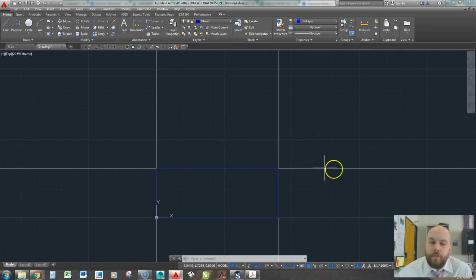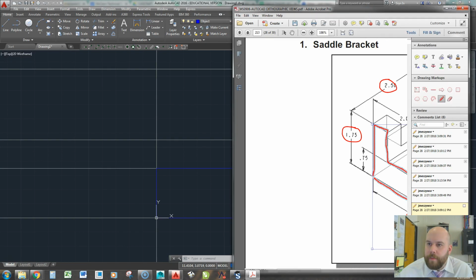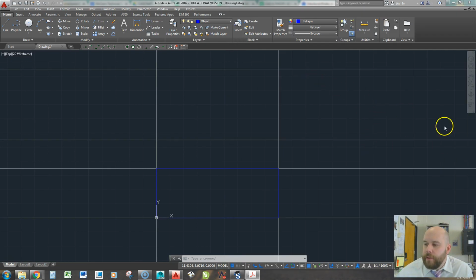Okay, so now what I can do for my front view, I need to find a few other lines I'm going to need. This thing's going to be shaped like what I have drawn here. And then it's a little hard to see, but I have a little hidden line that's going to show up in here. So maybe we'll need to create a hidden line layer. Well, there's another hidden line right here. Take my word for it. All right, so first,